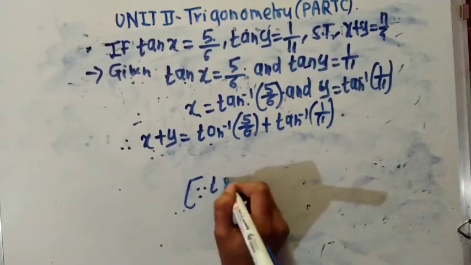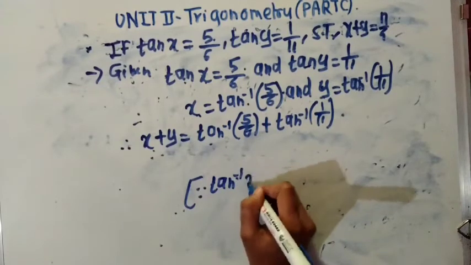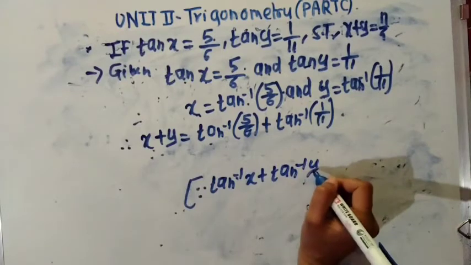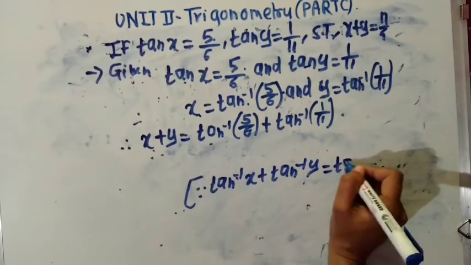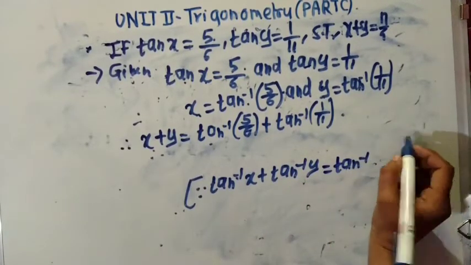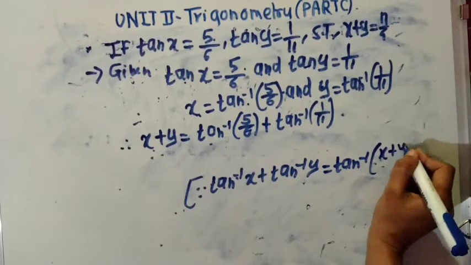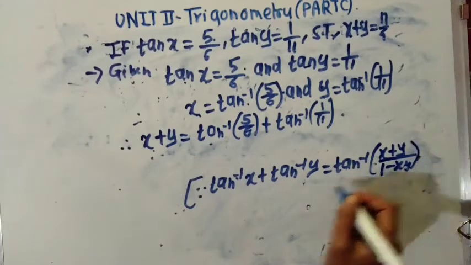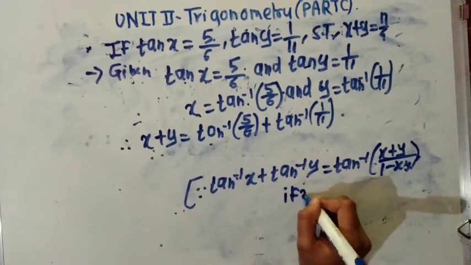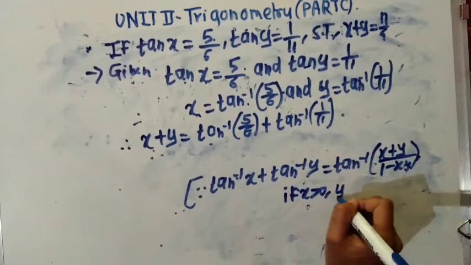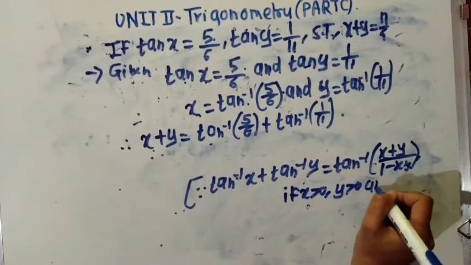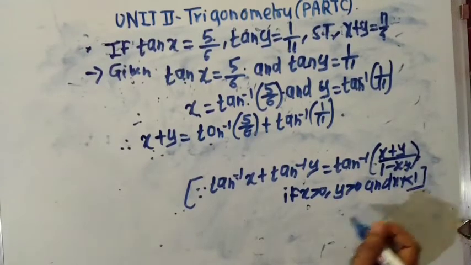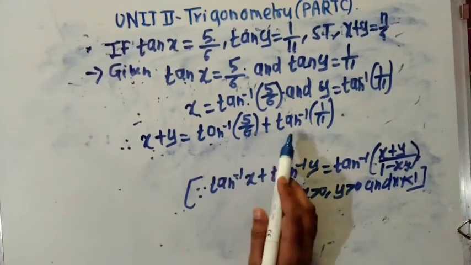Since tan inverse of x plus tan inverse of y is equal to tan inverse of x plus y upon 1 minus x into y, if x is greater than 0, y is greater than 0 and xy is less than 1, by this property,